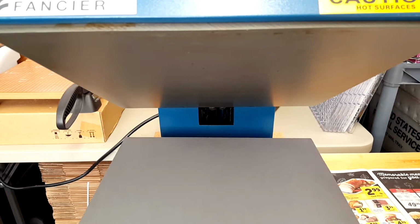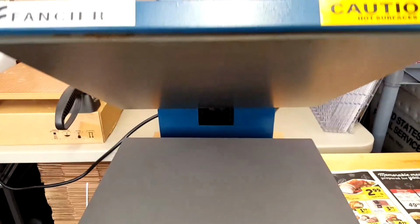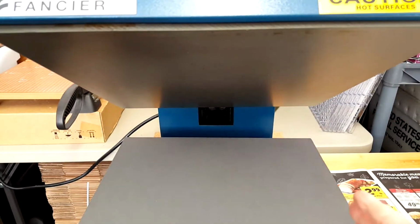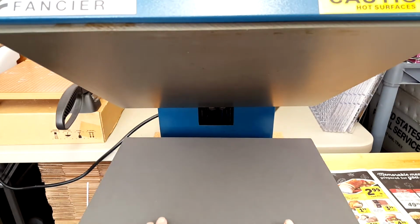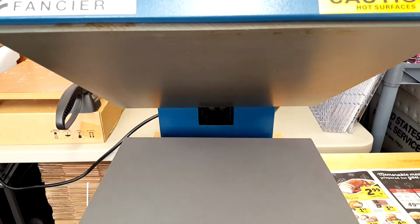There's another kind of heat press, and it's called the swing arm, where instead of this clamshelling down, it swings around out of the way. Now, some of the things I read about the advantage of a swing arm is that you can swing the arm out of the way when you're working on the mat surface so that you don't burn yourself,